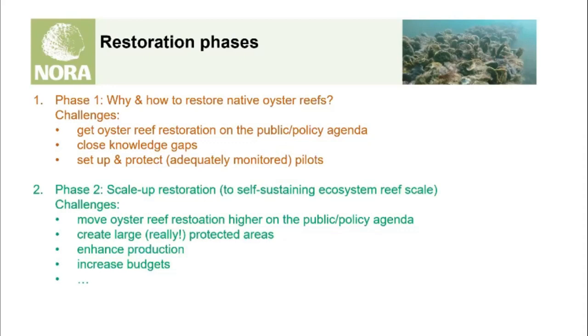And then you have many more very big challenges. Of course, getting oyster reef restoration even higher on the public and policy agenda. Create large and actually protected areas, particularly against bottom disturbance. Enhance the production of the small ones, which you need to deploy your reef. And of course, increase budgets. And there are many more things you need to do. I don't want to be exhaustive on that list,